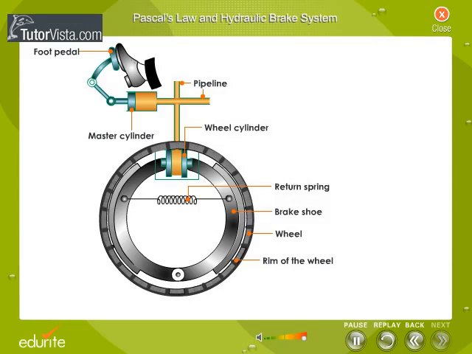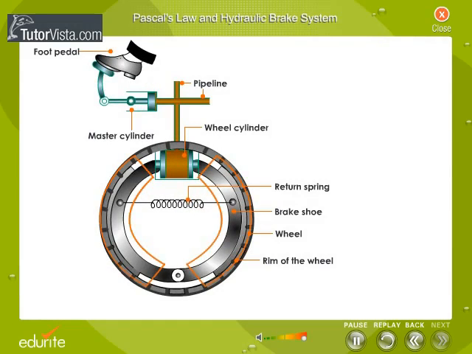When the brakes are applied, the foot pedal is pushed, due to which pressure is exerted on the fluid in the master cylinder. This pressure is transmitted equally and undiminished throughout the fluid and to the pistons of the wheel cylinder. Therefore, the pistons get pushed outwards and the brake shoes get pressed against the rim of the wheel,